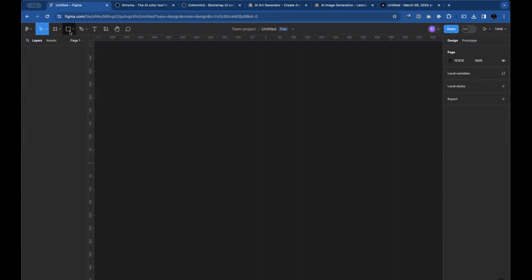There are very few, unlike Adobe and some other tools like that. They have so many icons and so many tools, right? But this guy is just this guy, and then you can do a lot with it. So all your tools are here. And if you select any tool on the top left corner, just look on the right-hand side, the right panel, you'll be able to see the attributes for that tool. So for example, if you're creating a rectangle, you need to have options to increase the width, change the color, and so on.